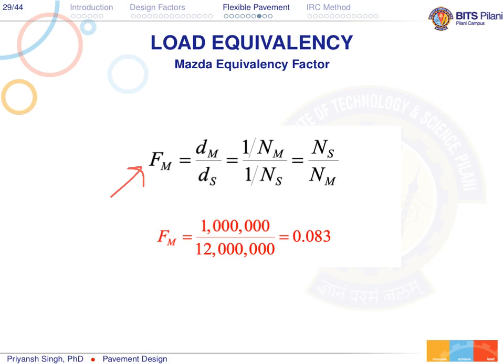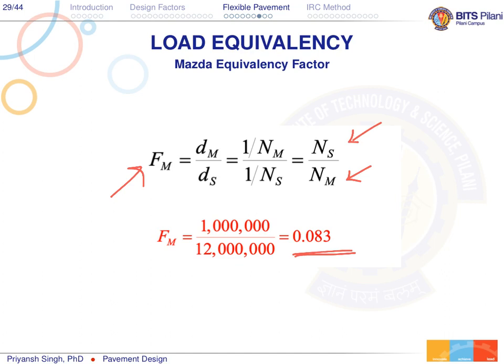That can be given as 1 upon Nm divided by 1 upon Ns, so you will get Ns upon Nm. That means the number of passes by the standard vehicle upon the number of passes which can be supported by the pavement by your Mazda. If you input the values, you will get the factor estimated as